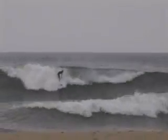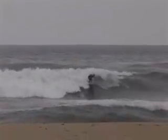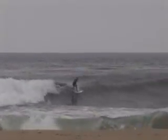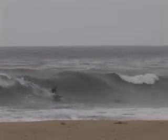Our second session was at Salt Creek. A little bit stormy, waves a little bit bigger, very, very flat on the face and hard to ride, but we saw some good surfing. Now the waves at Creek are not as forgiving as Trestles. They're mushy, they're down the line, there's funky sections, so getting speed and generating big radical maneuvers and connecting sections